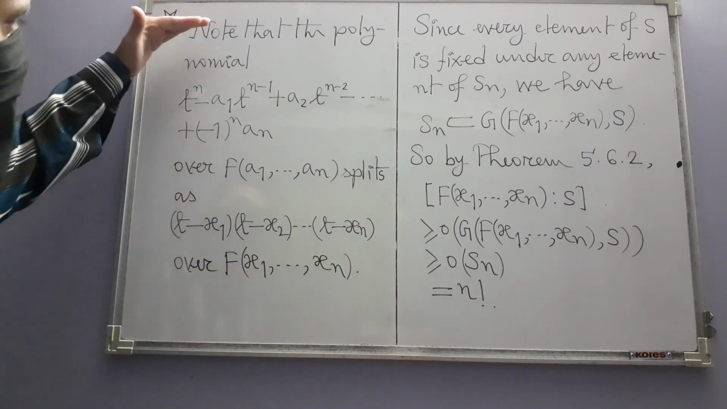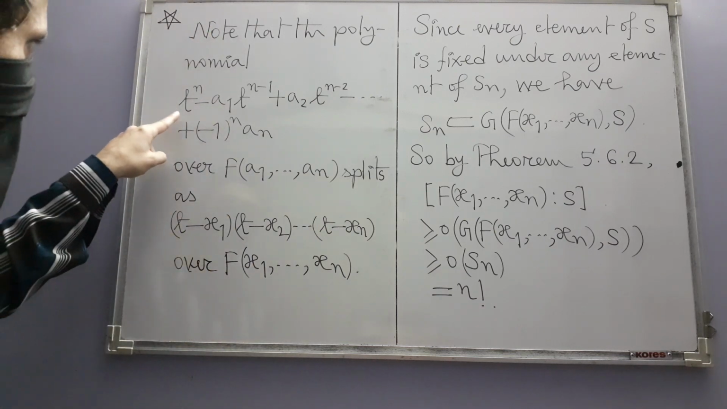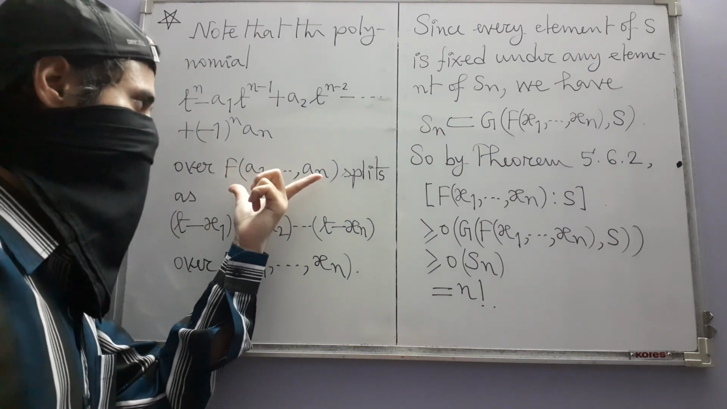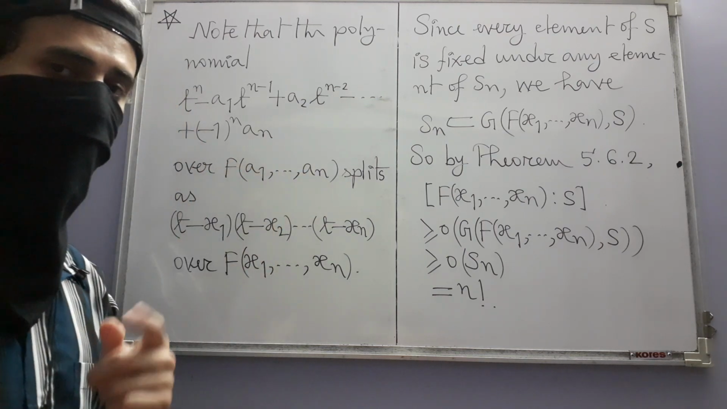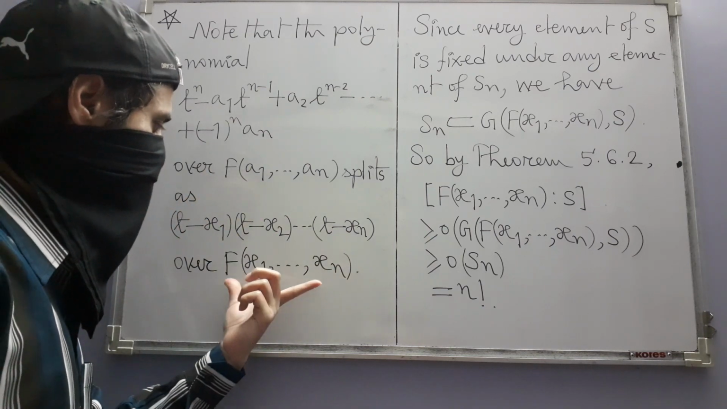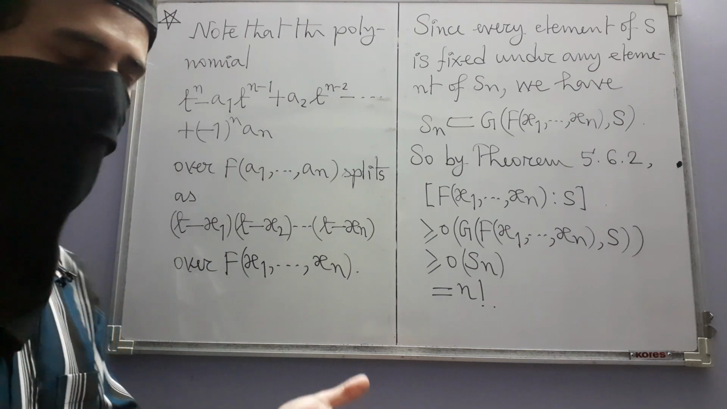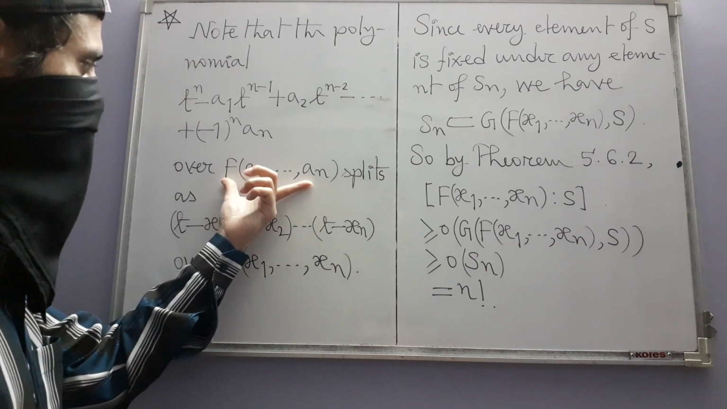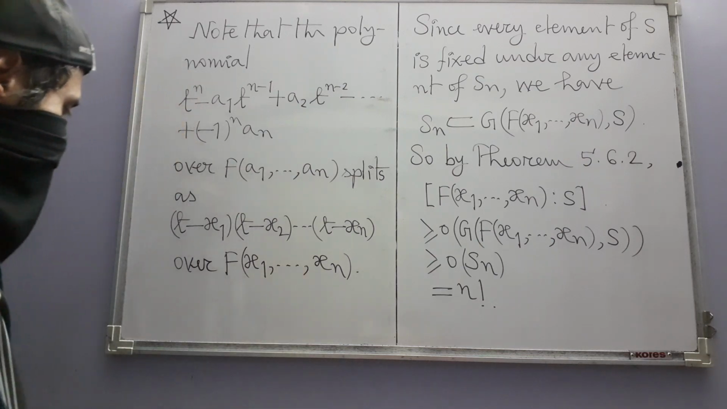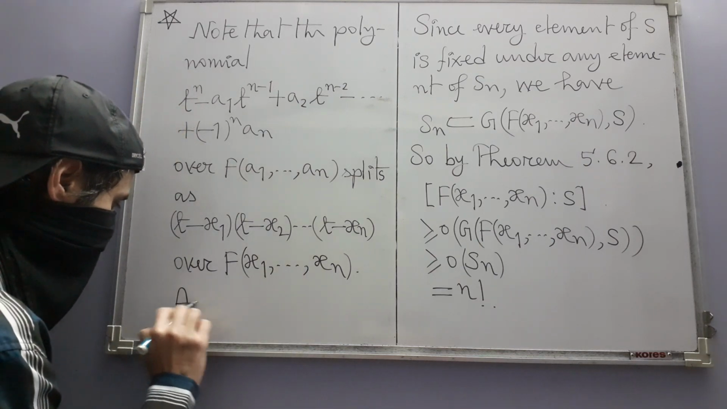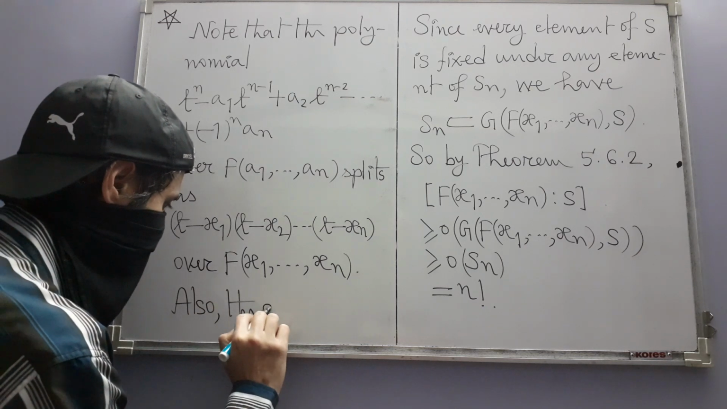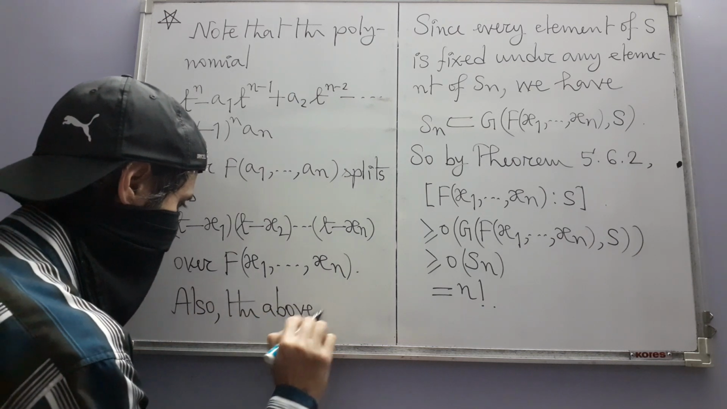Do you understand what we have written here? This is a polynomial whose coefficients are coming from this field, and it splits completely over a larger field which contains this as a subfield, and that larger field is this. Also, the above polynomial